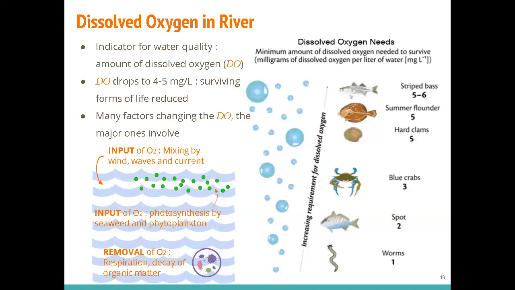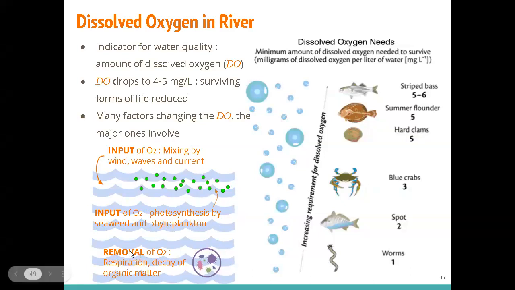Okay, so we need a certain amount of dissolved oxygen in the river, and there are different sources of dissolved oxygen, and there are different removal mechanisms. So how do we account for all of them? The sources would be, first of all, of course, the oxygen from the atmosphere. It would be mixed into the water body by wind, waves, and current. Of course, there's diffusion, okay? And also input of O2 by photosynthesis of your sea plants or phytoplankton here.